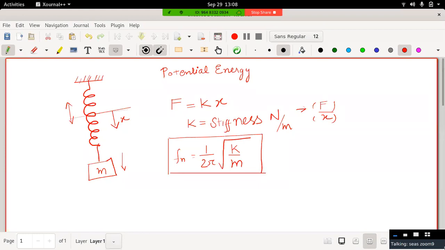which is the theoretical frequency of the spring. Similarly, we can also do the experimental study where we give the deflection to the spring, and then measure 10 vibrations, 10 oscillations, so that you can measure the experimental natural frequency, which is nothing but 1 over the time period. So in this experiment, you just have to see whether the experimental natural frequency is equivalent to the theoretical natural frequency or not.